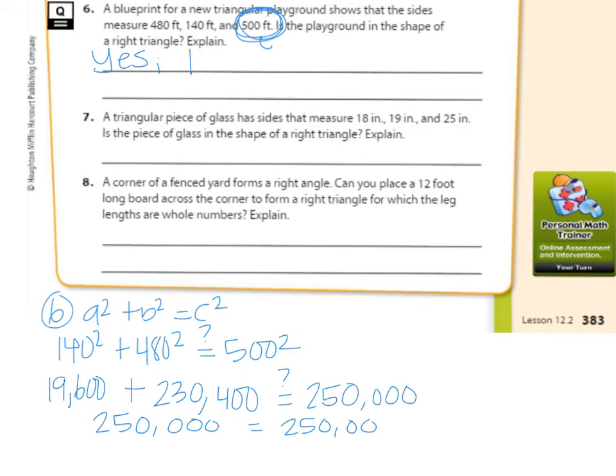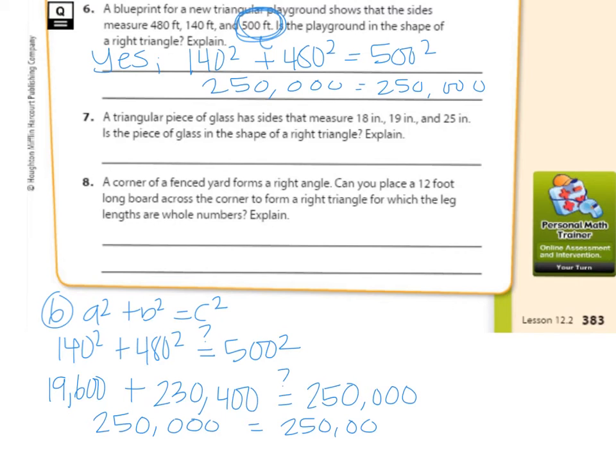So we could write 140 squared plus 480 squared equals 500 squared, and then I will just go ahead and put the answer down here where I've got 250,000 equals 250,000, which proves that it's a right triangle. Okay,